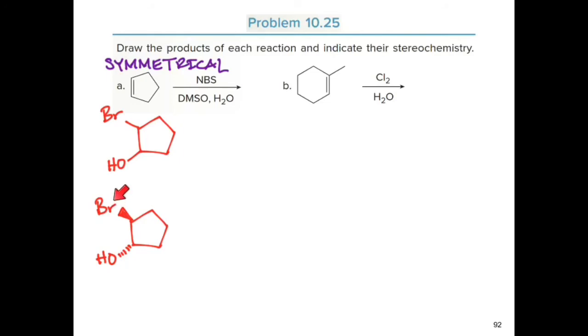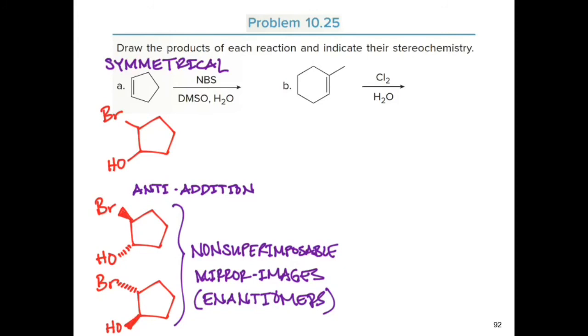So that means that the bromine atom will be on the opposite side of the molecule, and the hydroxy group will be facing towards the back. So we have the bromine atom facing towards the front, the hydroxy group towards the back. And so this is, again, anti-addition. The other possibility is that we have the bromine atom facing towards the back and the hydroxy group facing towards the front. So this is the other possible stereoisomer here. So we have two products, a pair of enantiomers. These two molecules are non-superimposable mirror images, and so they are a pair of enantiomers. So in that case, the product of this reaction